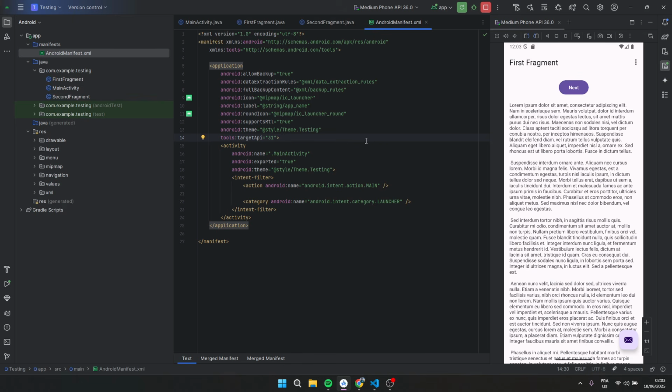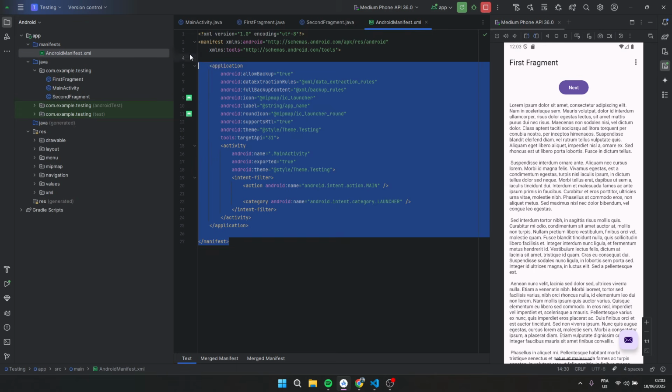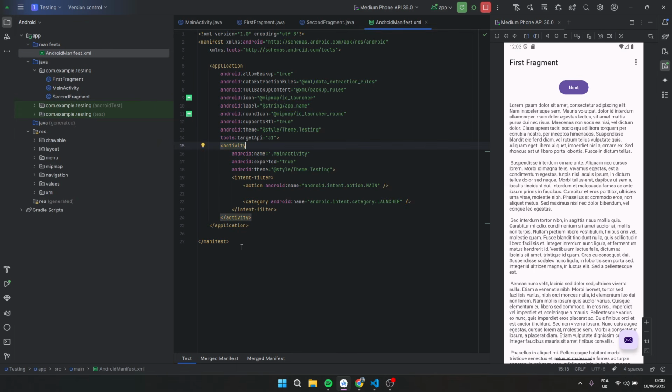But for now, when you are trying to understand any kind of Android application, the first thing you should check out before anything else is the Android manifest, because it's going to give you a lot of information about the application itself. So, for example, this is the Android manifest. We can't see anything related to an intent filter here, but we have something related to an activity. So this application has an activity.